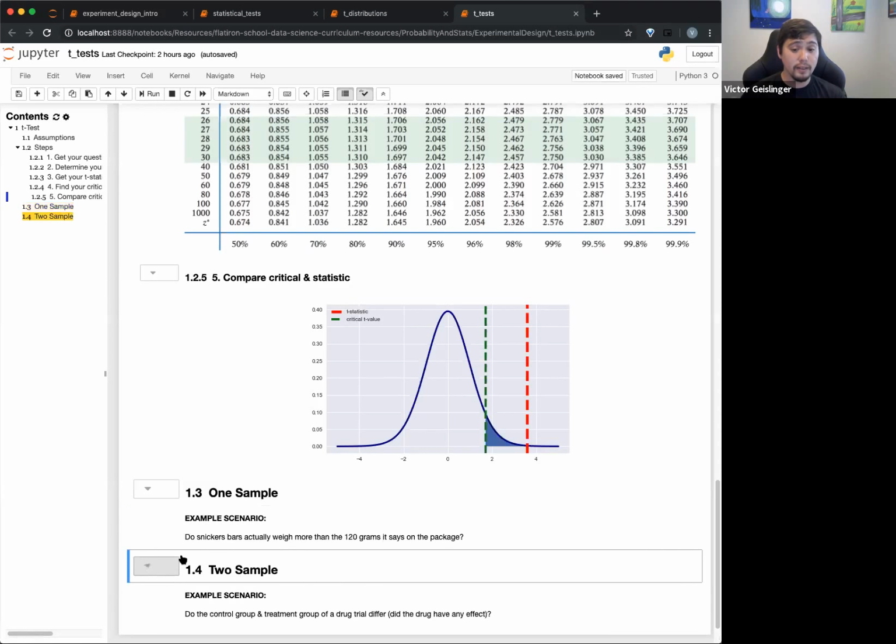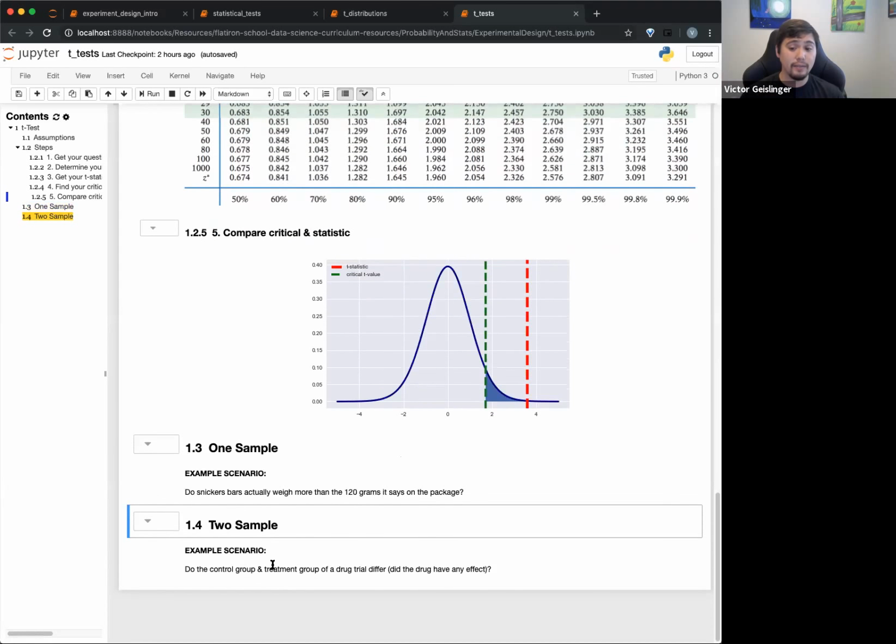A two sample one is for when you want to see if there is an effect. Not just whether it's a good effect or a bad effect, just whether there is any effect at all. This might be where you use a two sample. In this case, just know that the t critical value gets split in two. So it's easier to prove that there is an effect,